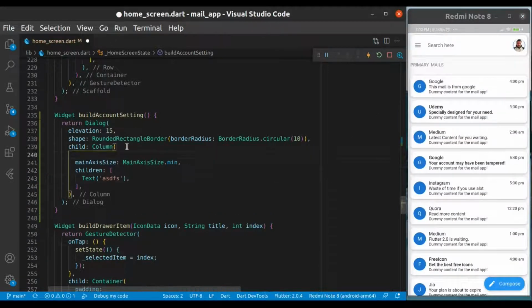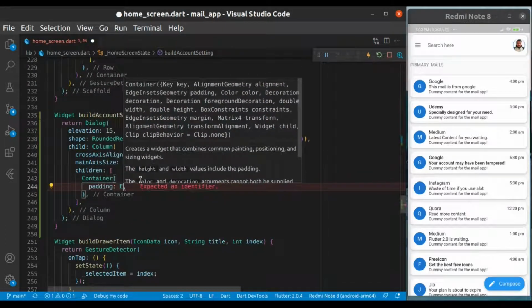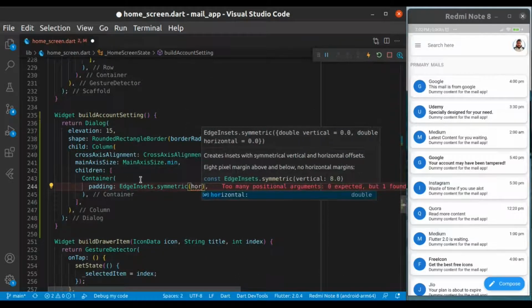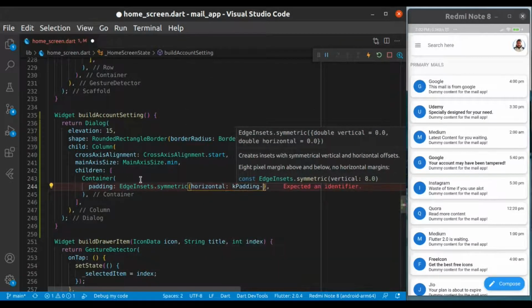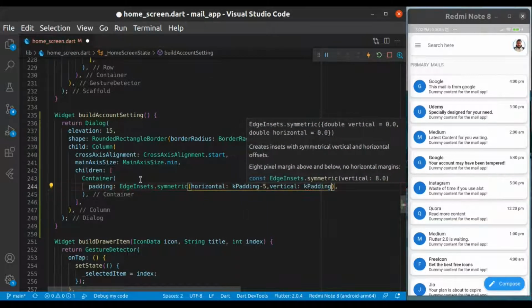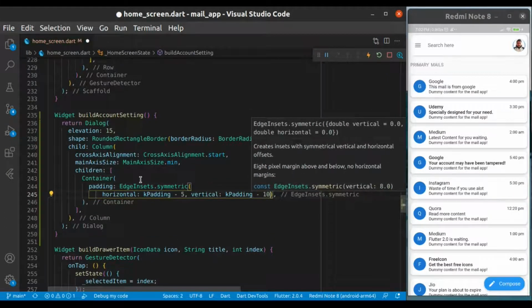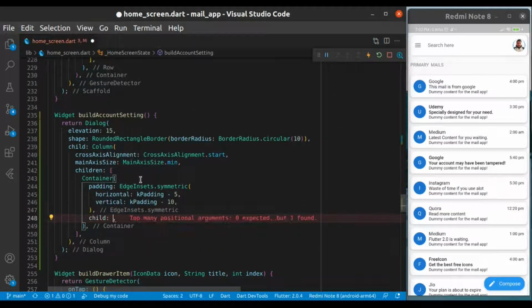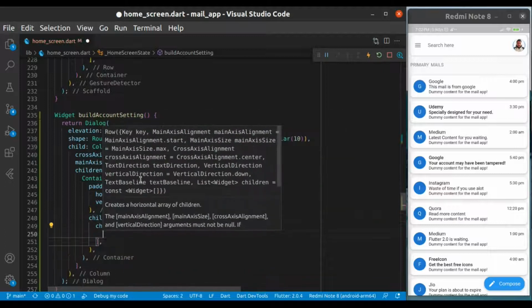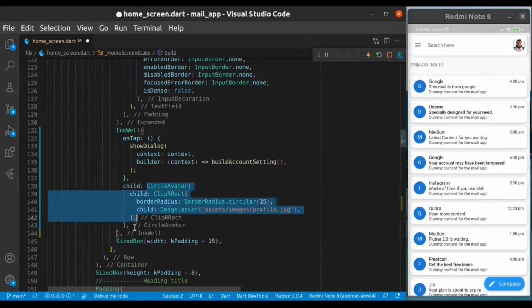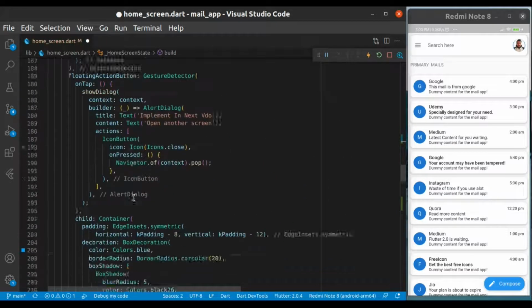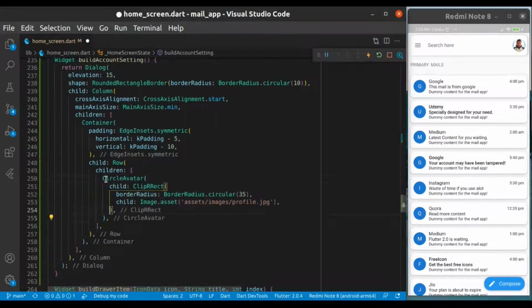Align this to the start and add padding to it. This is our row because we're gonna plot a circular avatar or profile picture and the account name and Gmail ID.